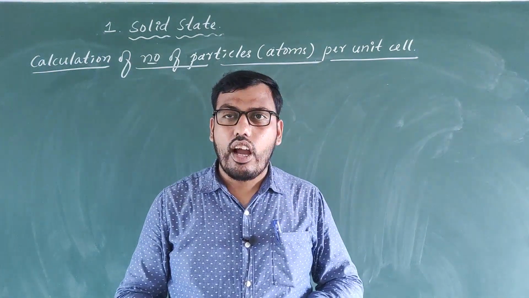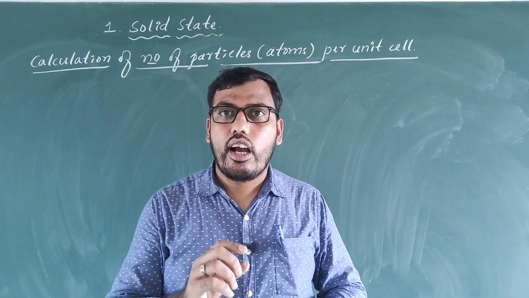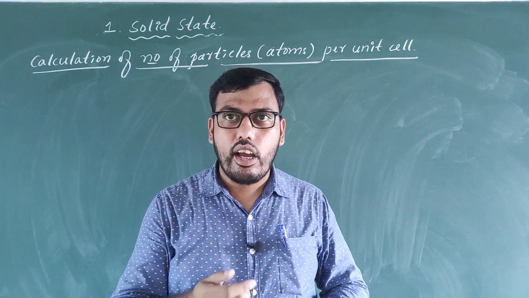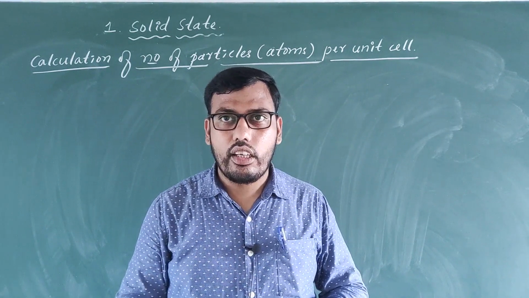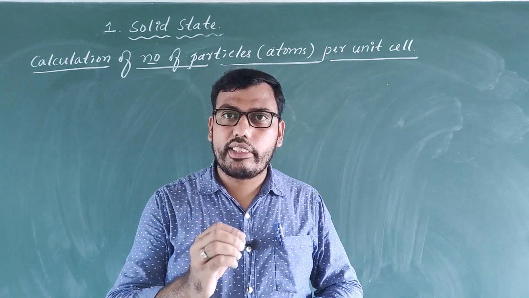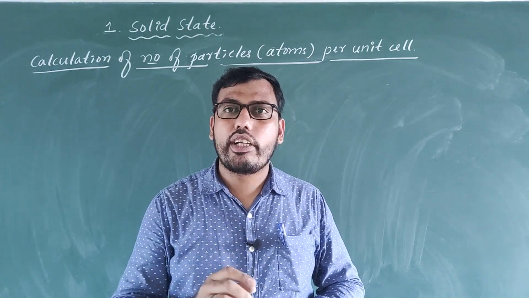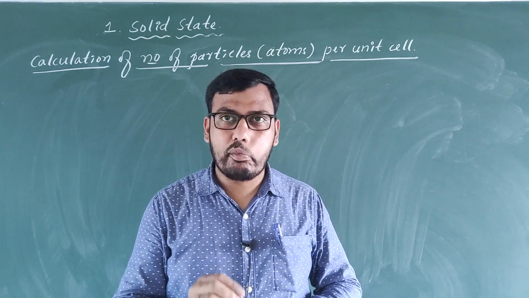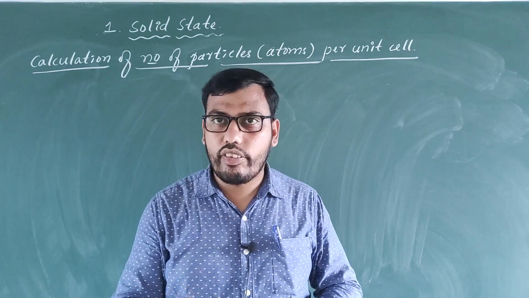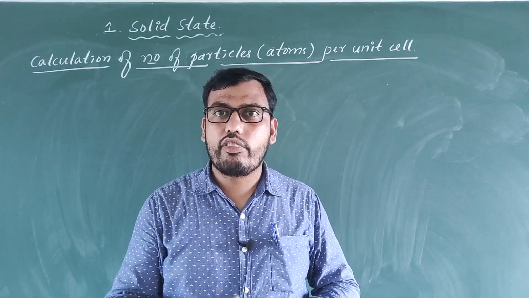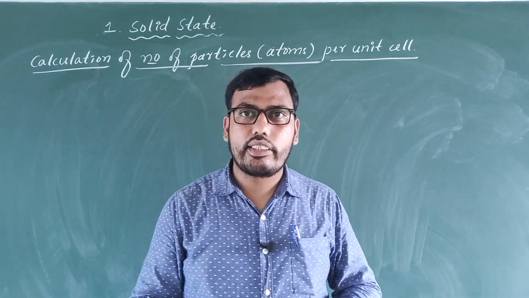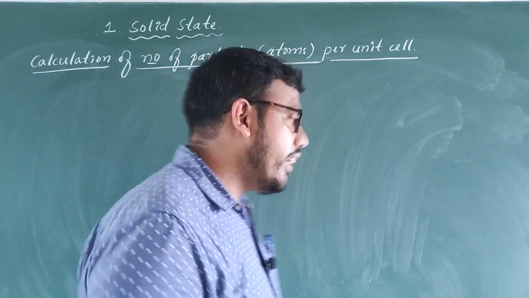know how a single corner particle is shared by how many other unit cells, or if a particle is present at the body center, how it contributes to other unit cells, or if a particle is present at the face center of a unit cell, then what will be its contribution? First we have to see. In order to understand these 3 points, let me draw